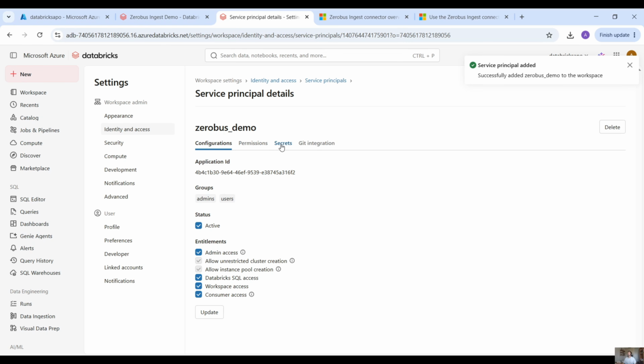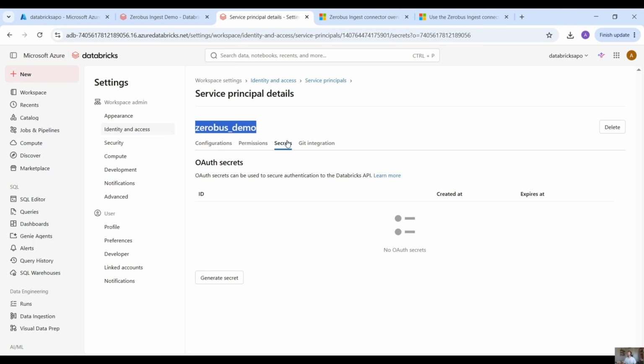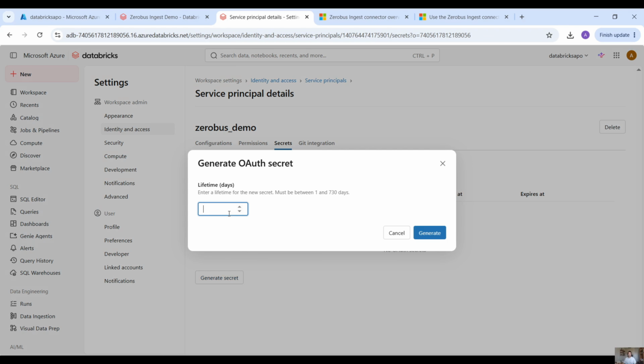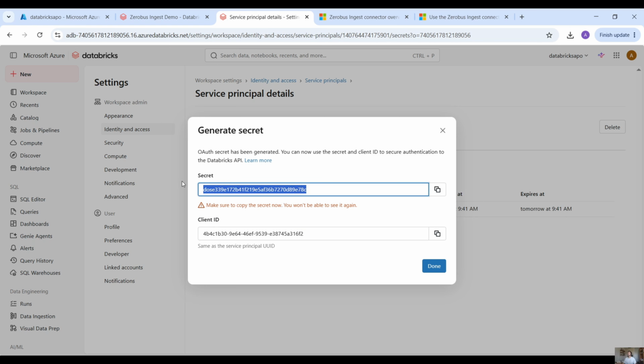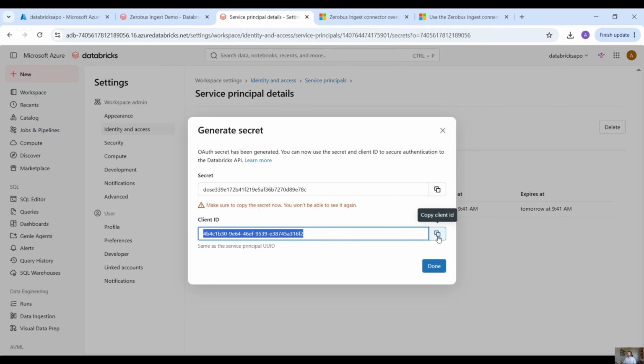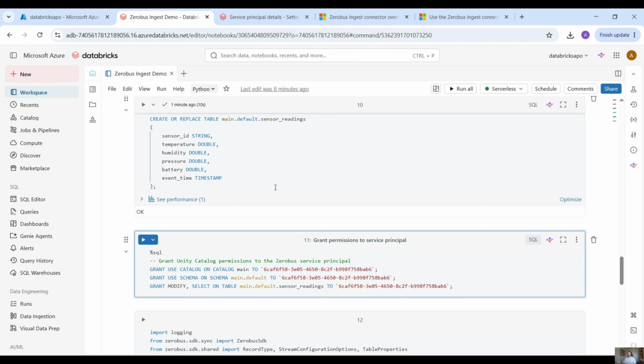And here on the secrets tab, we have the service principal with the necessary entitlements, but we also need a secret. Click this secret tab and we need an auth secret. So click on generate a secret for 1 day. That's enough for us. Then we have the secret and the client ID, right? So first, let's copy the client ID, save that in a notepad or whatever,